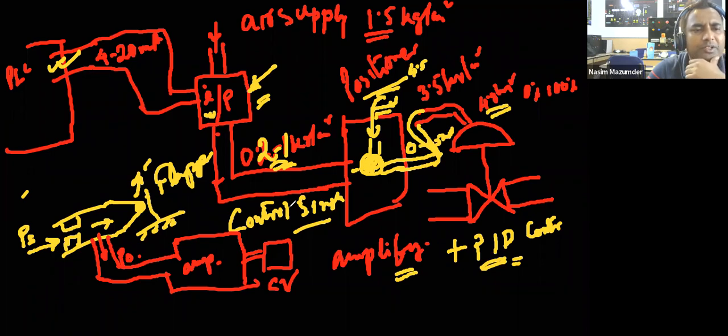So what is the difference between control system PID control and this PID? Sumant, I am not getting you. Control system PID and this PID. It is all the same. This is also a PID, no? Proportional, integral, and derivative control. Just this is pneumatically controlled, and inside the PLC we use electronic PID.